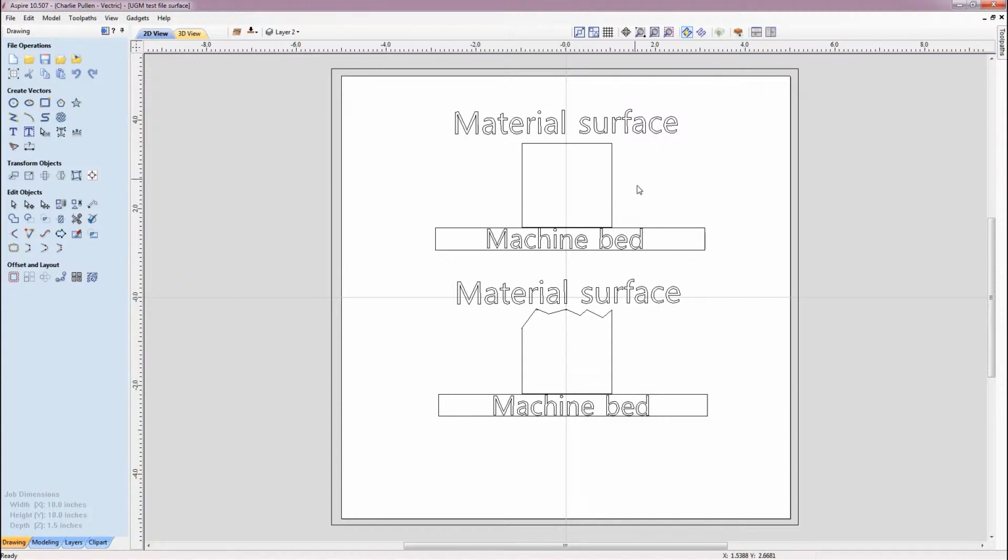Okay, so I've got this diagram over here just to help demonstrate some of the differences between the material surface and the machine bed when using your Z0 position. So in an ideal world where you've got a block of wood represented by this square over here, where the top of the surface is flat and the bottom of the material is also flat, you can actually Z0 off of the material surface or the machine bed in this scenario because you still get an accurate cut depth. You could also use material surface if you were to use any engraving toolpaths as well,